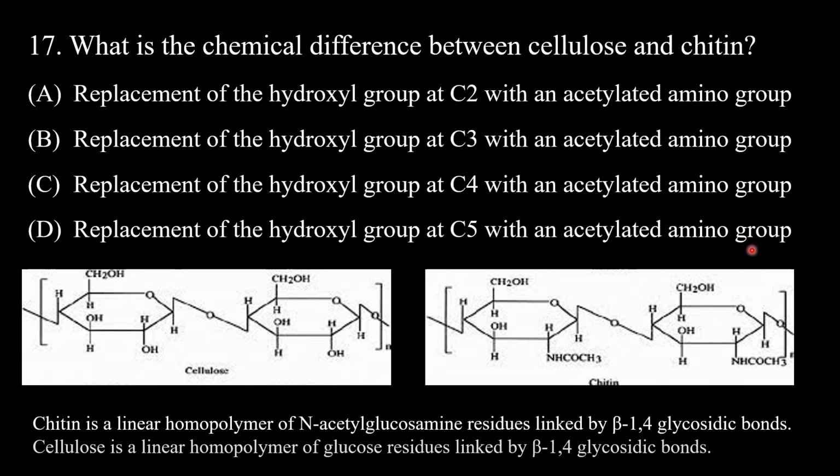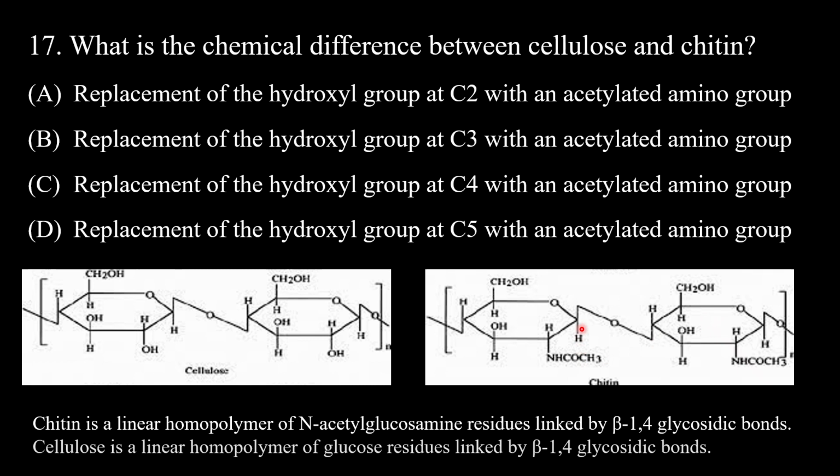If we look into the structures of cellulose and chitin, both are polysaccharides made up of similar glucose units combined together by glycosidic linkages. This is the structure of the cellulose. This is a glucose unit, and this is a glucose unit. These make up the cellulose. And similarly, if we look at the structure of chitin, it is also made up of glucose units,